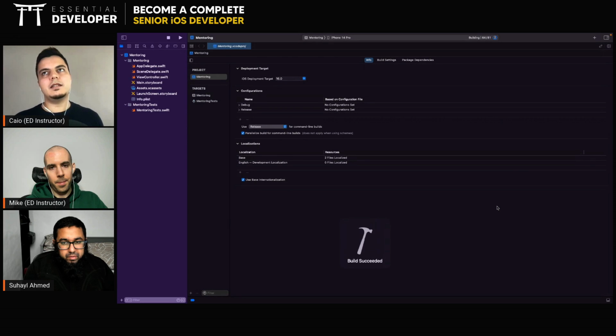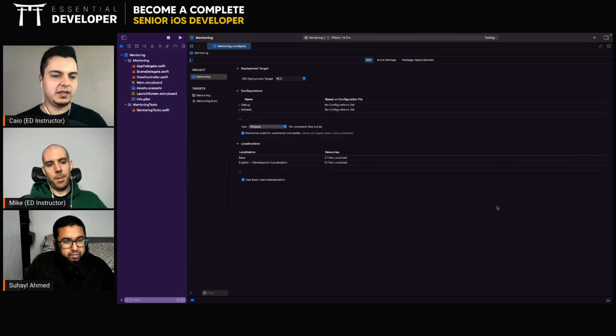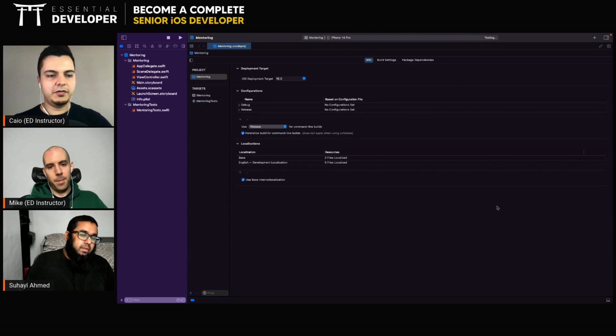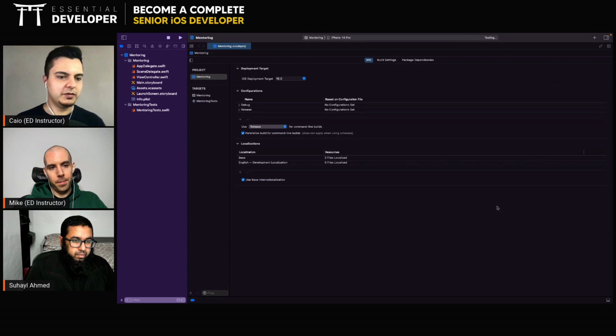Now we need to think that test driving a UI here will be test driving, for example, a view controller. We'll be test driving the logic of this view controller, not how it looks like. Yeah. We're not going to be test driving the frames of a cell. We're not going to test drive the bounds. Is it within bounds? Like, is it 100 pixels wide and 50 tall? No, we're not going to test the frames. We're not going to test user interface, how it looks like. Because for this, we have storyboards, we have snapshot tests, we have other things we could use. In SwiftUI, we have previews, right?